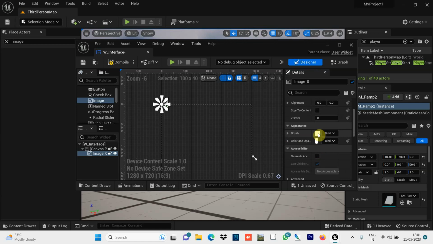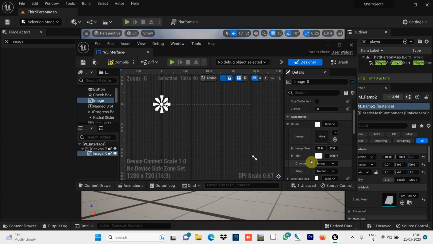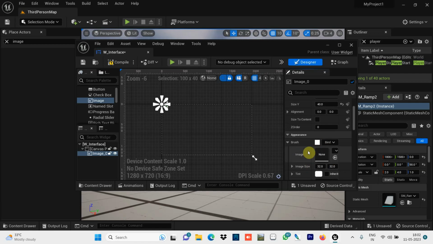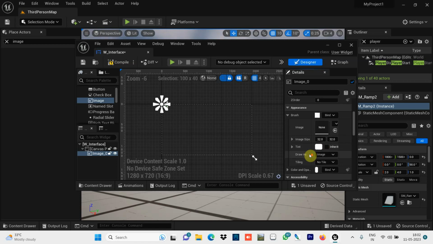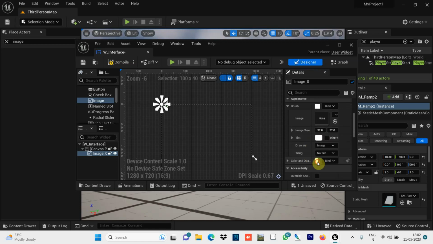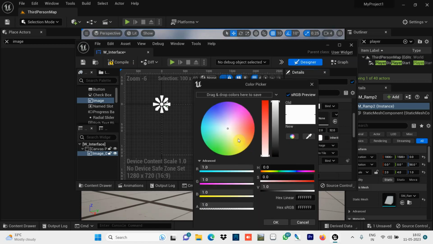You can select any color. The brush image is none, and some color will come. Yeah, I select the color here. Suppose I select a color like this; for this button this type of color is okay.